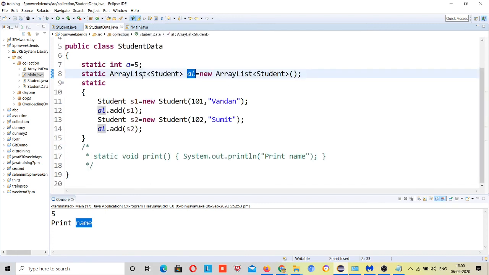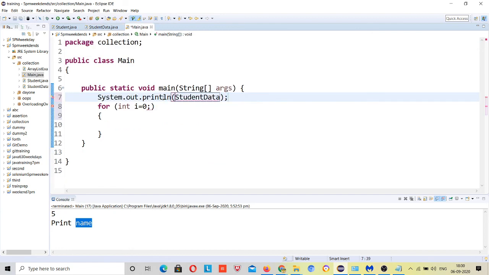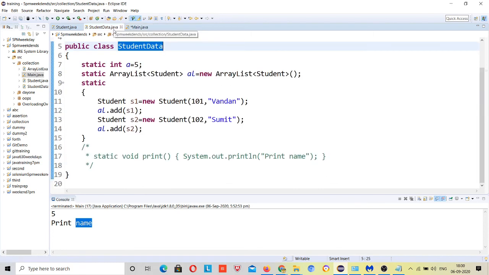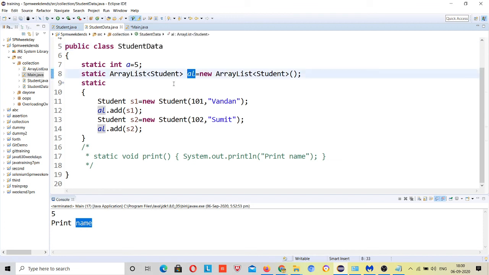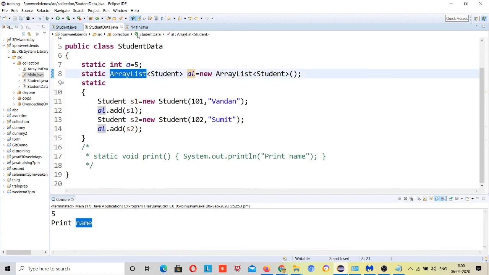I just use the class name, dot, the variable name, which is al, right? Now what is the size of this array list? How can I get it?